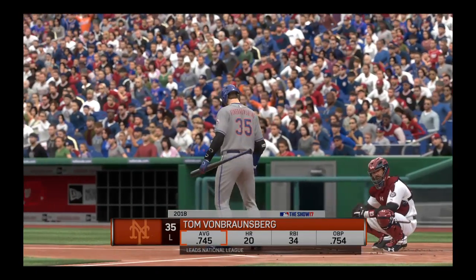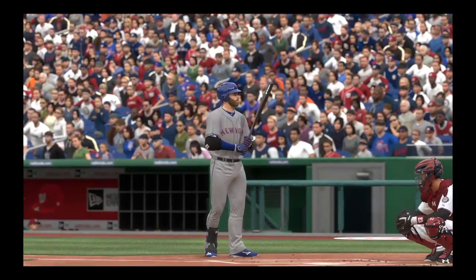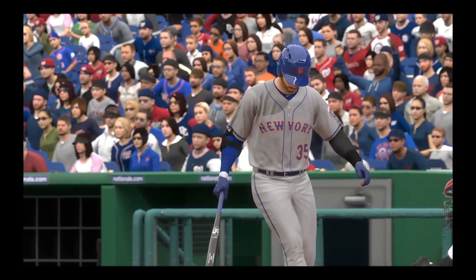So hopefully he can carry that over into this afternoon game for the Mets. We'll get a chance to really see him work at his best. Leading off, right fielder Tom Vaughn, digging in. First shot for him here as he enters play, currently leading the